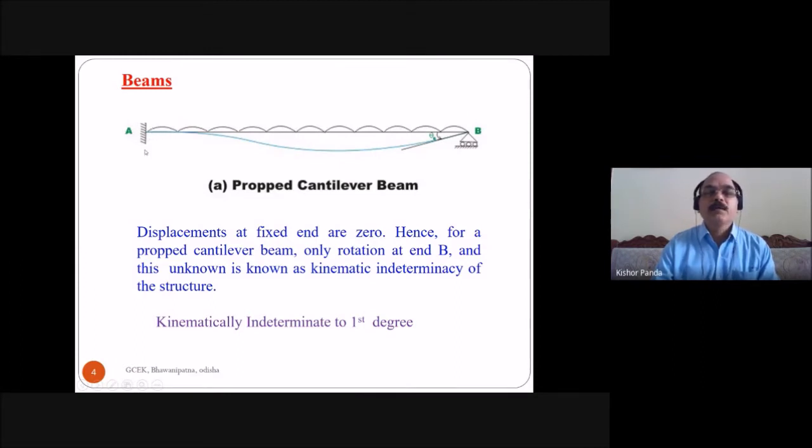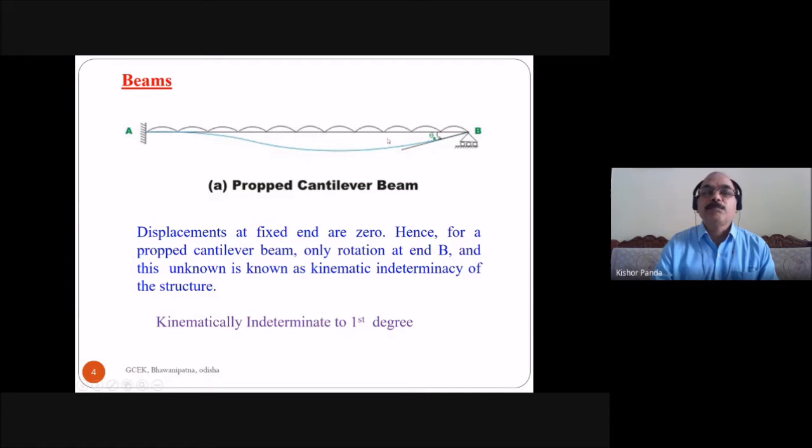But here you see this is your roller support. So how many reaction components here? Only one reaction, vertical to the roller base. Does any displacement take place along this direction? No, because this vertical reaction is your constraint against the vertical displacement. That's why the vertical displacement is equal to 0.